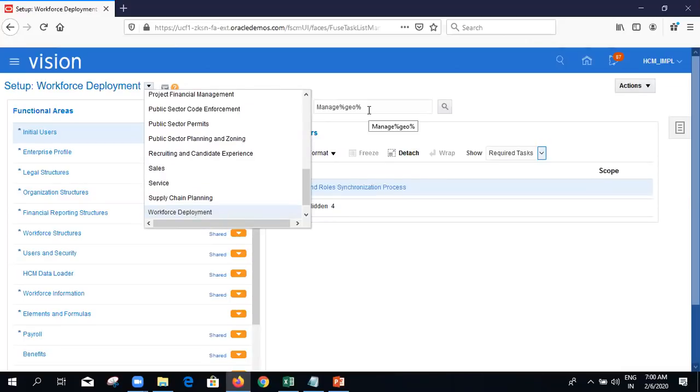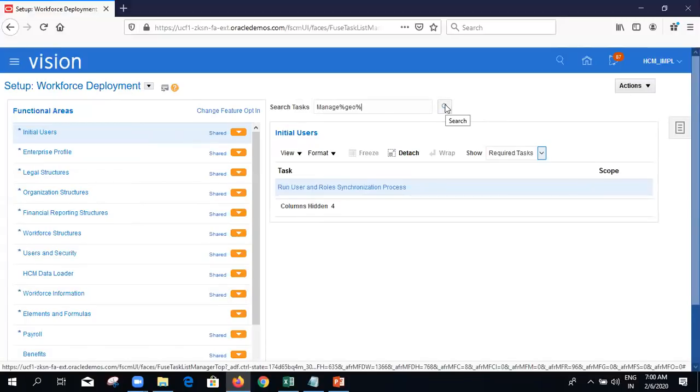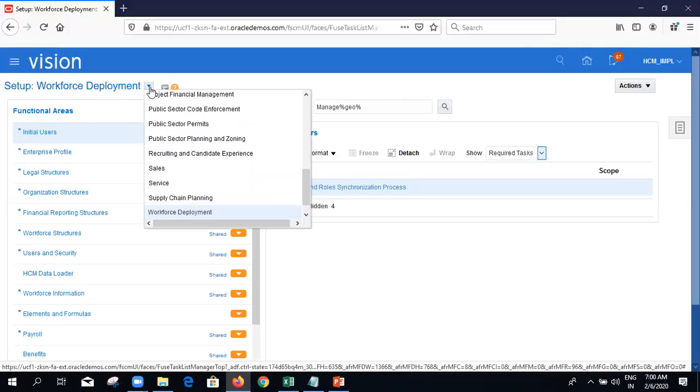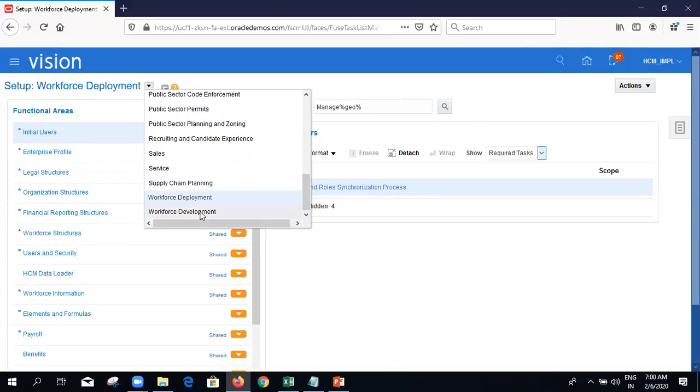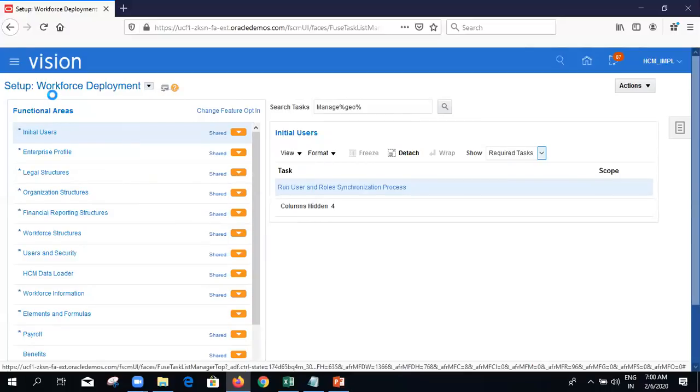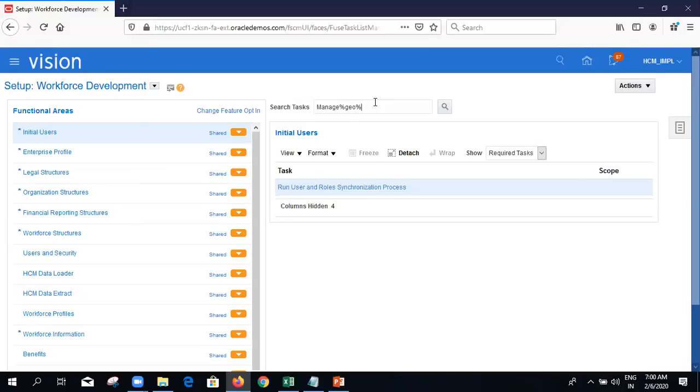If this task is related to goals, talent, and performance management, and you keep deployment and search, you will not find that task, because the goals, talent, and performance management module is under workforce development. You have to keep this offering here and then search for the respective tasks in that module. Clear? This is the second area where we can search for our configuration tasks.